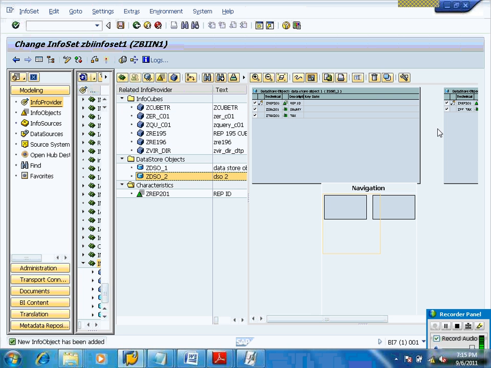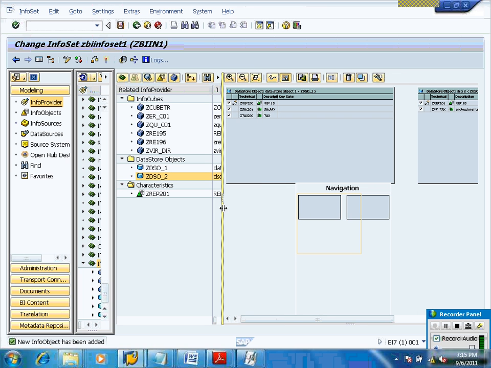We can drag and drop this one. This is one DSO, another DSO. Then you can click on this button for link maintenance.